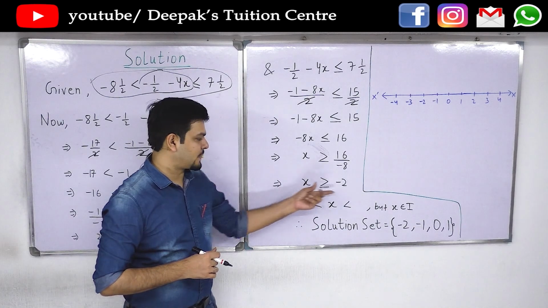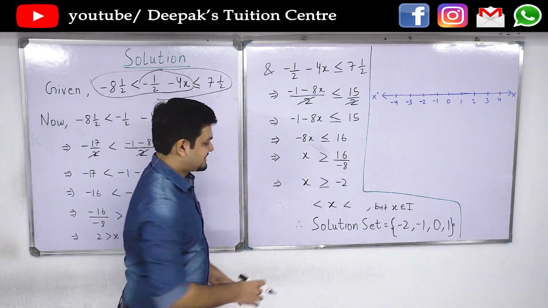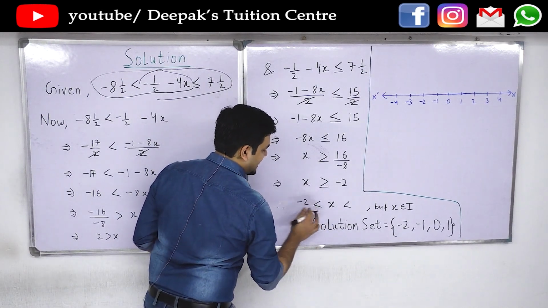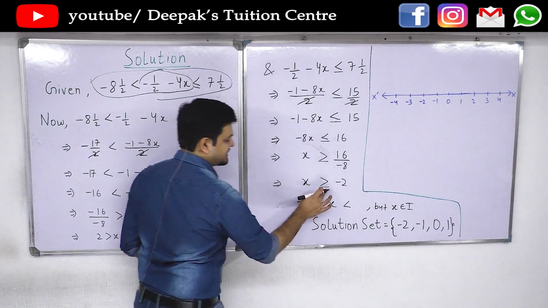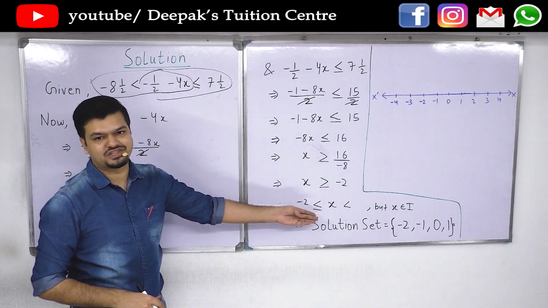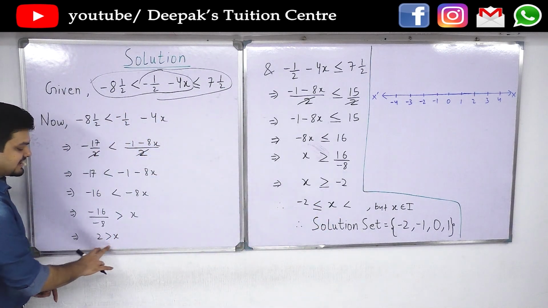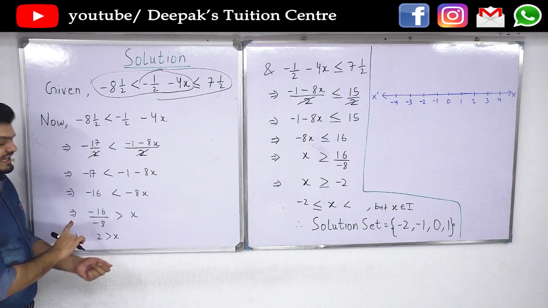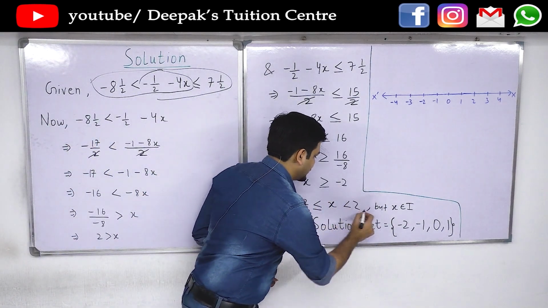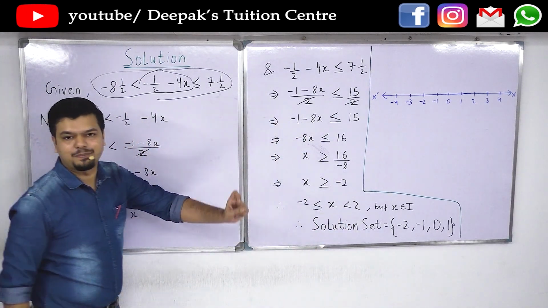So if you read this, we can see x is greater than or equal to minus 2. Since x is greater than, it belongs to this first part. So minus 2 is less than or equal to x because the question had greater than or equal to, so we'll have to place it in the solution set as well. And x is less than 2. So here 2 is greater than x. If you reverse it, you get x is less than 2. So you simply place 2. There was no equal to sign there, so therefore no equal to sign appears there.